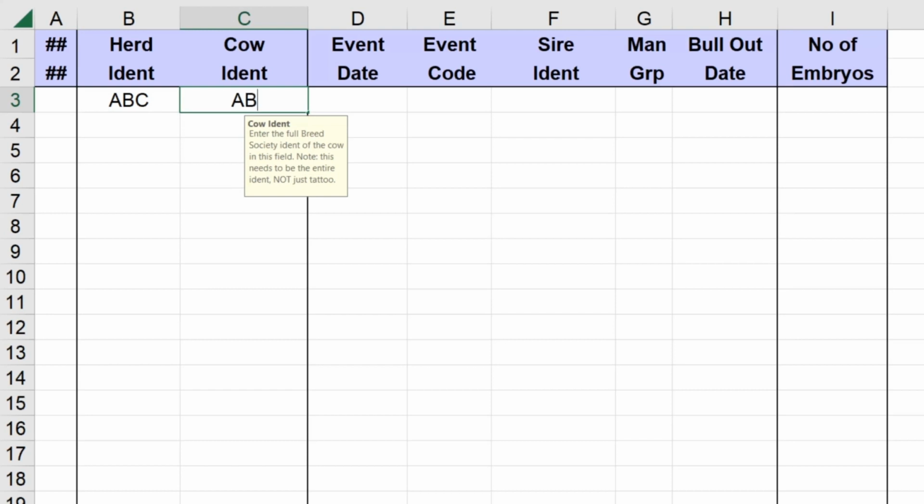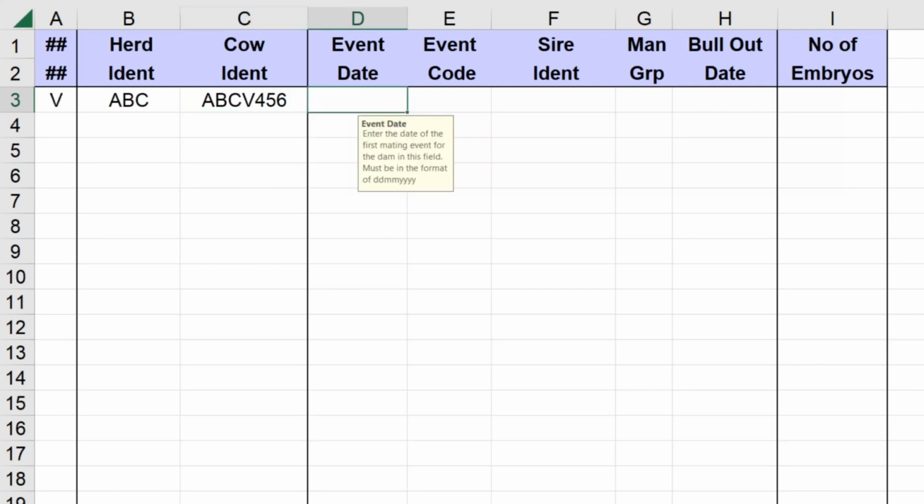If entering ET donor flush details, this will be the ident of the ET donor cow. If entering embryo implant details, this will be the ident of the ET recipient cow. Once you have entered the relevant cow ident, you might notice that a V automatically appears in column A. This code is required for internal BreedPlan processing purposes and should autofill each time you enter a cow ident.